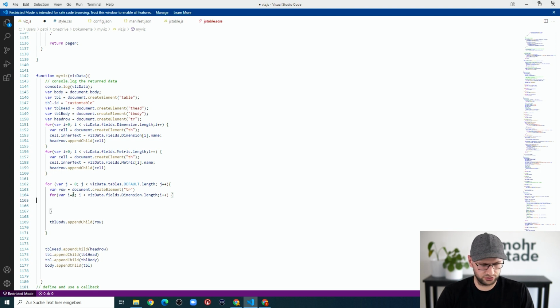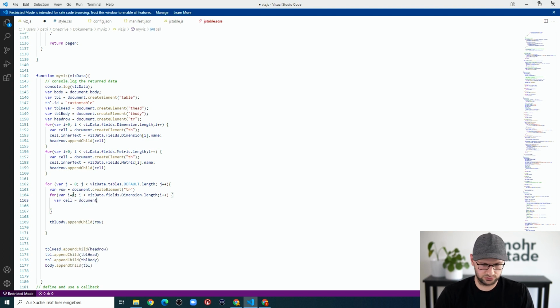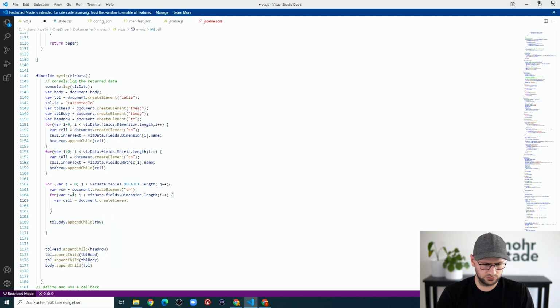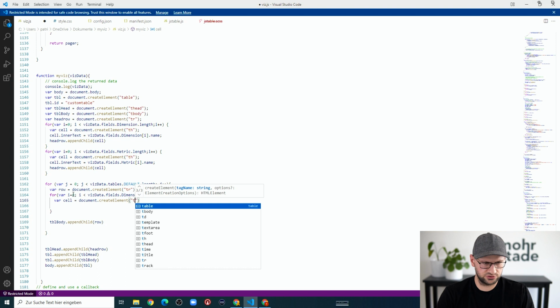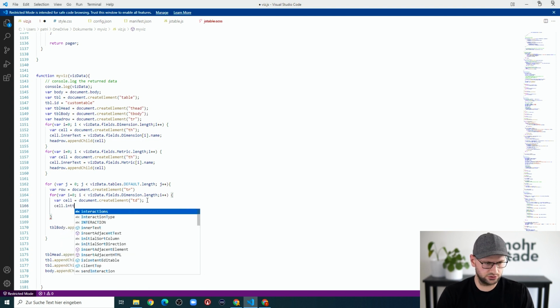So for each of our dimensions, we want to create a new cell, var cell equals document create element td for the body table cell, and cell dot inner text